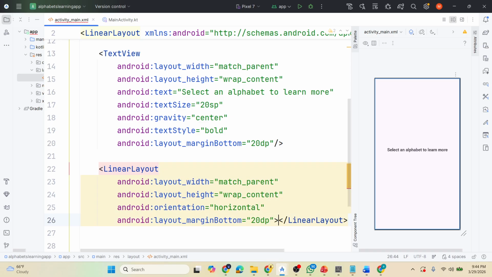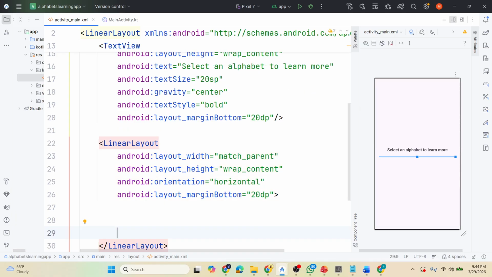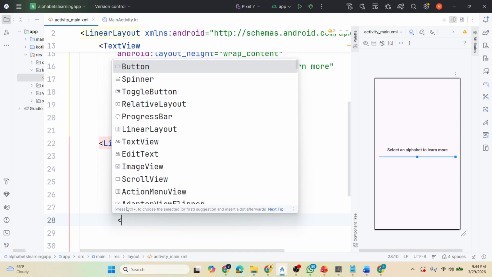So that is the nested linear layout. Inside this layout, we are going to set some properties, set some views. So the first one is